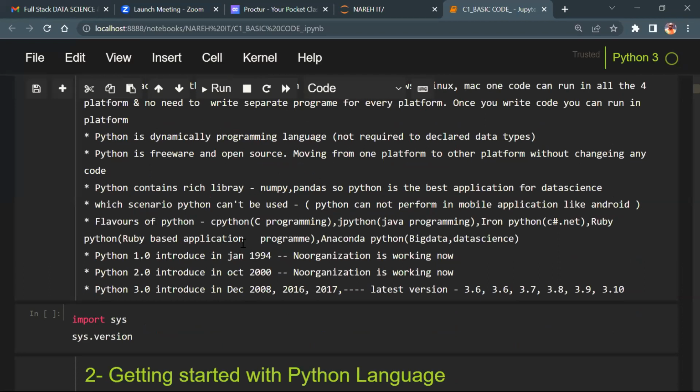Some of the flavors of Python: for C programming, use CPython; for Java, JPython; for C Sharp .NET, IronPython; for Ruby-based applications, we have RubyPython; and for big data and data science, guys, you require Anaconda Python. That's why everybody needs to install Anaconda.